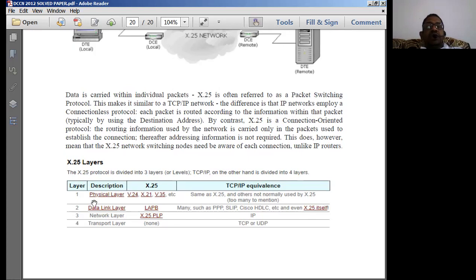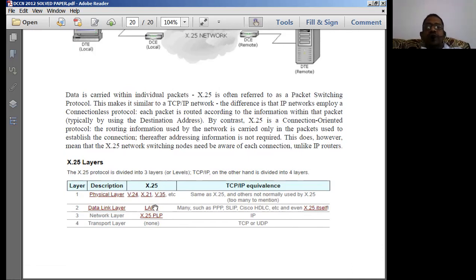Okay. Let us compare X.25 and TCP/IP in terms of protocols. They are normally programmed at the physical layer, data link layer, and network layer. As I was telling you, the physical layer is not a protocol; it is a layer which provides some functionalities. All the layers provide functionalities. Now, how do we provide functionality? By using the protocols.